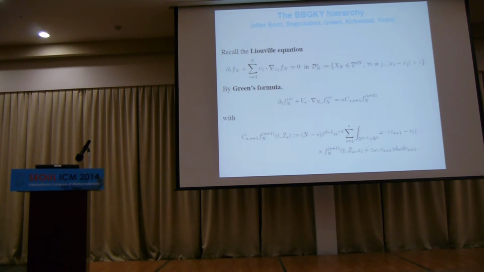So what you want to remember from this is that f_n^s depends on f_n^{s+1}. And you have this collision integral here, which involves v_{s+1}. You're losing a v in some sense. This is costing v, and also this is costing s, because it is a sum from i equal to 1 to s. When s is large, this is a big number.